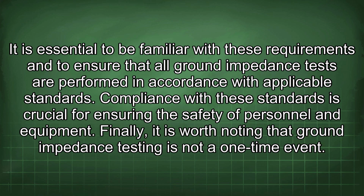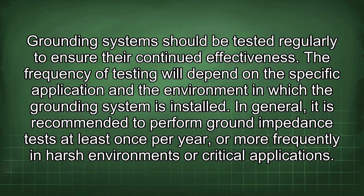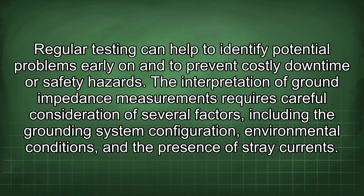Finally, it is worth noting that ground impedance testing is not a one-time event. Grounding systems should be tested regularly to ensure their continued effectiveness. The frequency of testing will depend on the specific application and the environment in which the grounding system is installed. In general, it is recommended to perform ground impedance tests at least once per year, or more frequently in harsh environments or critical applications. Regular testing can help to identify potential problems early on and to prevent costly downtime or